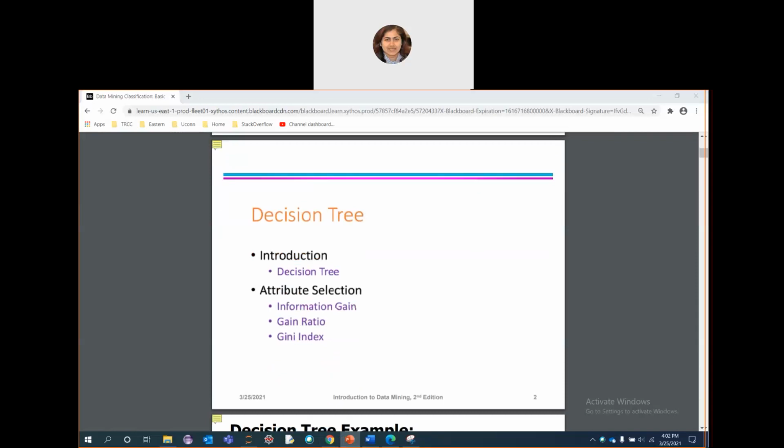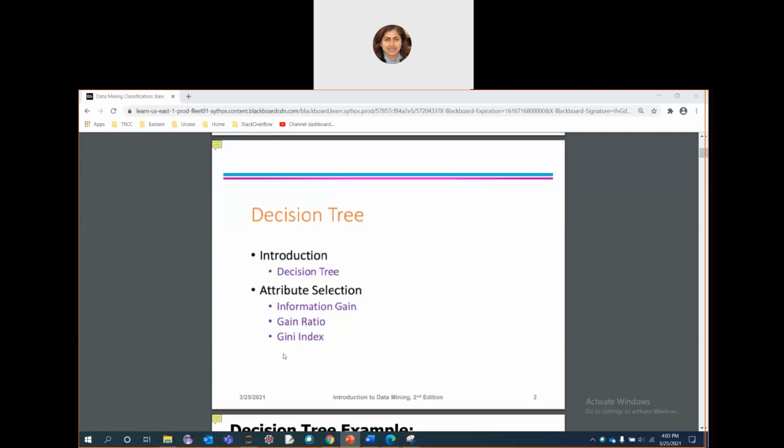As I just told you, decision tree is nothing but a flowchart or tree-like structure. And here there will be different nodes and branches. An internal node will denote an attribute. A branch represents the value of a node attribute, and the leaf nodes will represent the class labels or class distribution. So decision trees can classify various instances by sorting them down the tree from the root to some leaf node, and that will provide the classification of a particular data point or instance.